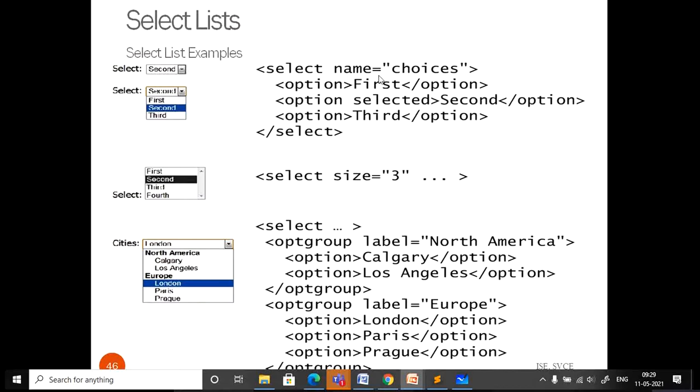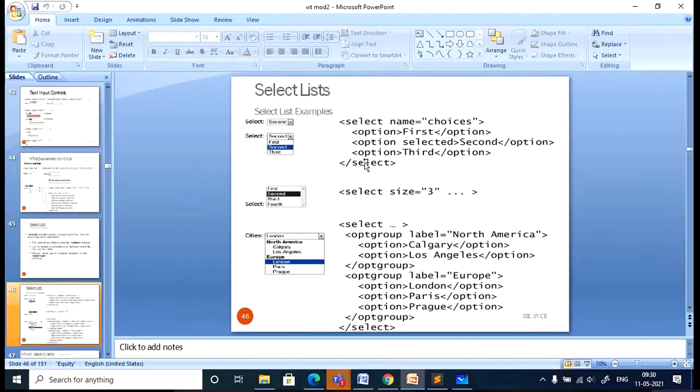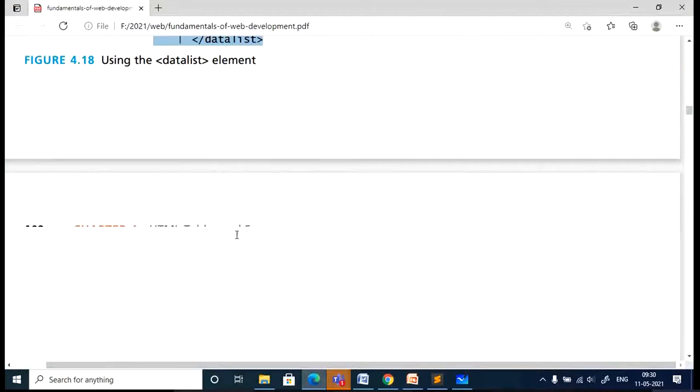The first one, you can just observe. In the select list, you specify the name of the select, that is choice. We need the name when you are working with the server side code, when you want to process this input. In those cases we'll be using these names internally when writing the server code. Then specify what options you want to display in the select list. First, second, third, something like this I have written. Let me execute the select part, the simple code.